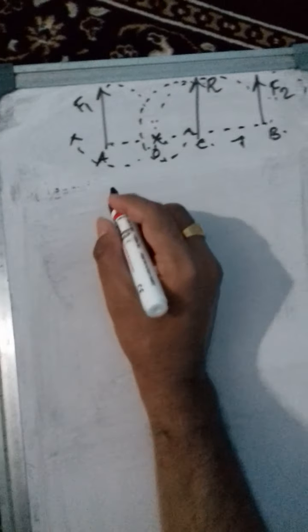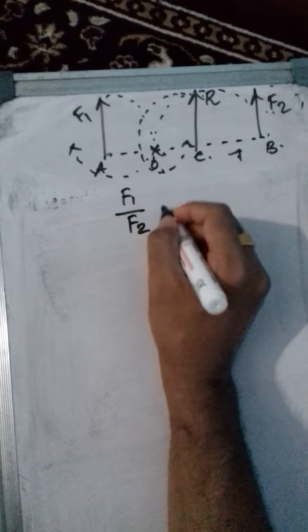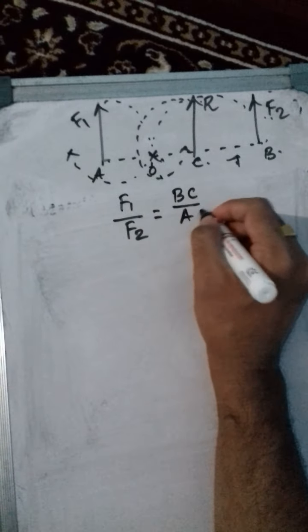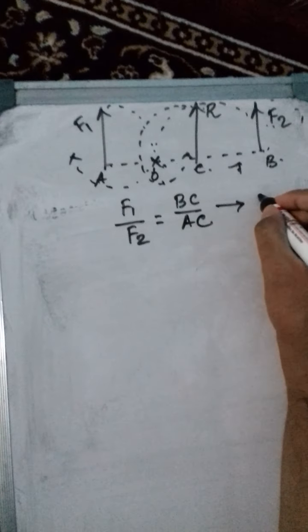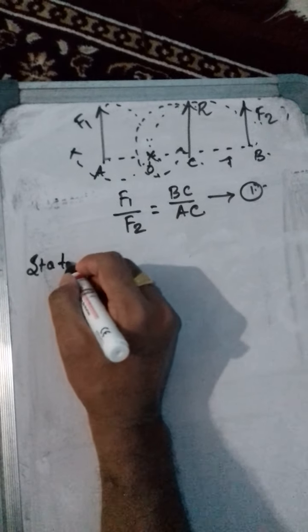We can write down a condition. Let us see what we can write down. So what mathematical concept have we got? We have got F1 plus F2 is equal to BC plus AC. This is the condition which we have got. So if we try to put it in words, write down the statement which we can get from this condition.